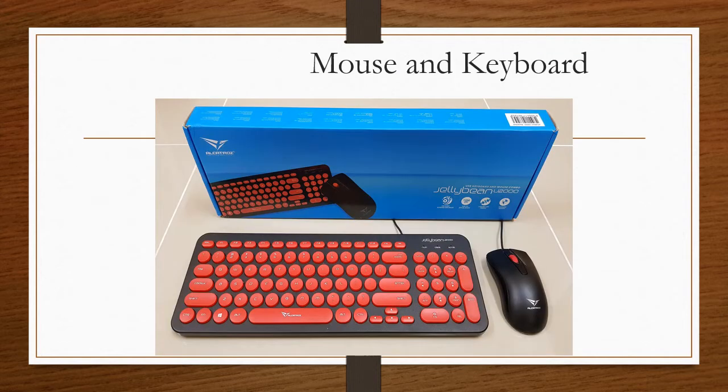Now we are seeing mouse and keyboard. We can say the best pair in the computer. Yes, keyboard and mouse. Keyboard and mouse both are input devices that are used to access the computer. The keyboard is used to type characters, and the mouse is used to move the cursor or point to a particular thing on the screen. For this purpose the mouse and keyboard are working. As well, these are all inputs from the external world.